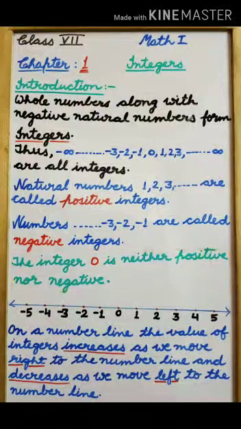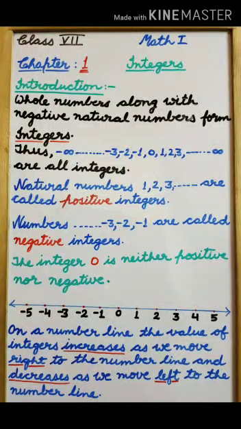As we want to show or locate integers on a number line, first we draw a line and we denote points which are lying on the number line at equal distance. Students, remember here on the number line the points should be at equal distance only, because equidistance is a very important part of the number line.